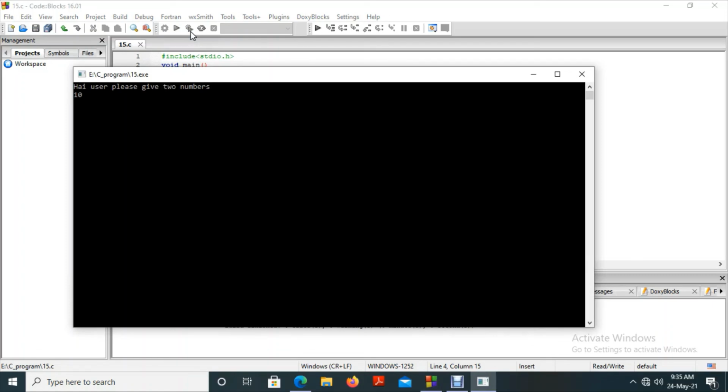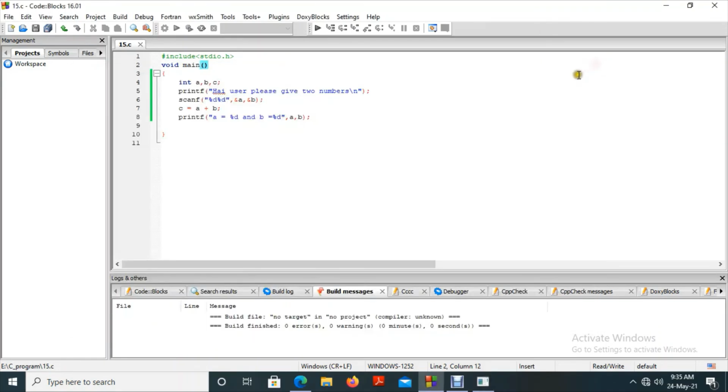Okay, 10, then 20. Still, we are getting A equal to 10, B equal to 20. Why? Because we didn't mention anything to display C. So for that, printf, the sum is sum equal to %d, comma C. Let me run this program.